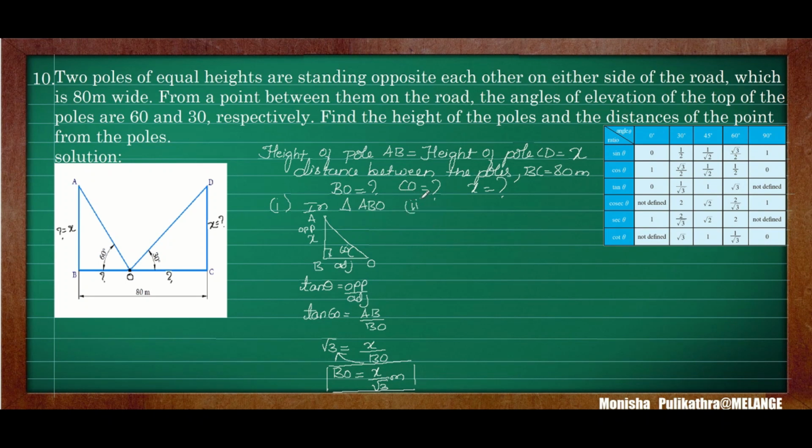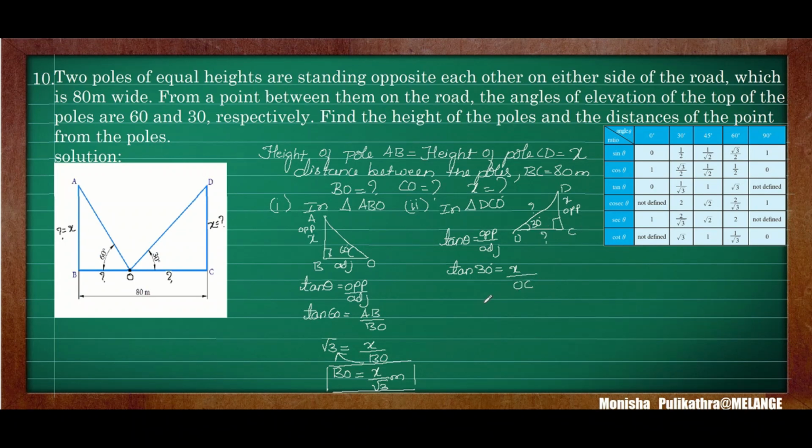So next I will be taking the next triangle, that is triangle DCO. So I will be writing that triangle also, DCO triangle. So DCO, here this is 90 degree and this is 30 degree. So this will be opposite side, which is x, and OC we don't know, and this also we don't know. Here again tan theta is equal to opposite by adjacent. So here it is tan 30. So tan 30 degree is equal to opposite side x, where adjacent side is OC.